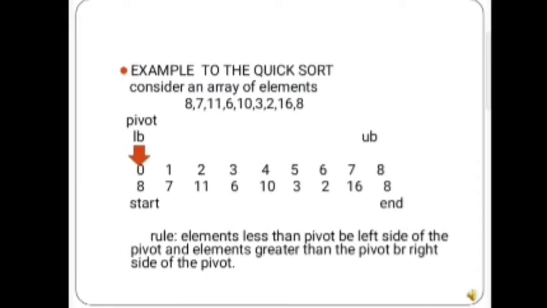An example for quicksort. Consider an array of elements 8, 7, 11, 6, 10, 3, 2, 16 and 8. Here the start is at index number 0 and the end is at index number 8. And the rule is elements less than the pivot are on the left side of the pivot and the elements greater than the pivot are on the right side of the pivot element. This is the main rule of the quicksort algorithm. And next,